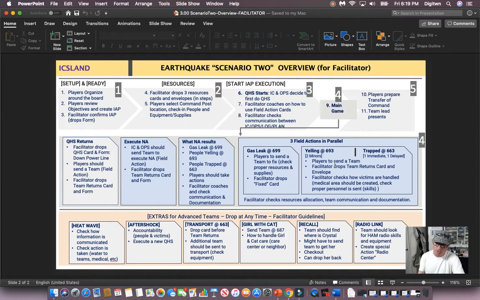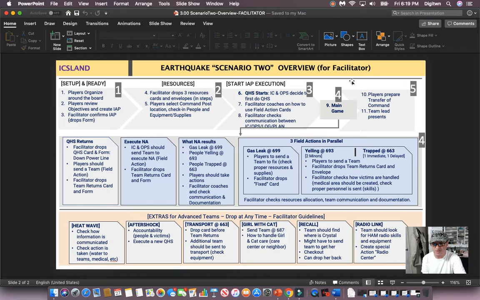Now the second slide I'm not going to go through, but that's really a high-level overview of the scenario 2 here. So you see that, as I said, there are three phases. The first one is really getting ready and set up, getting the main resources and starting the game. And at the end, preparing the transfer of command.